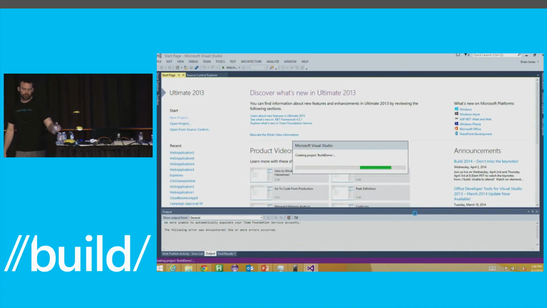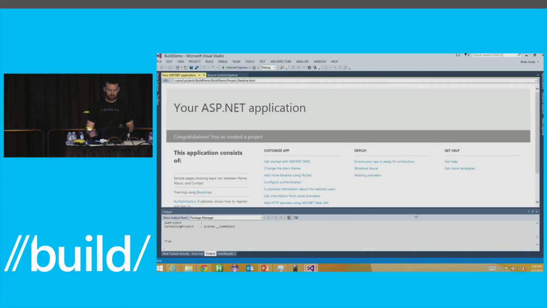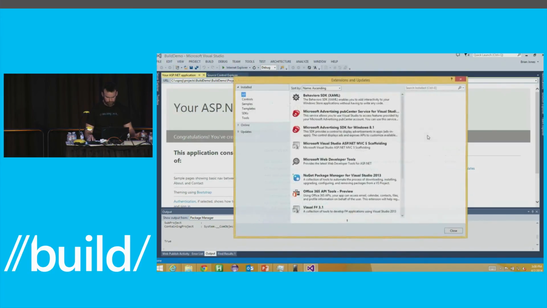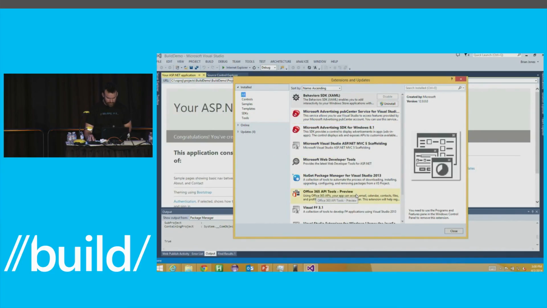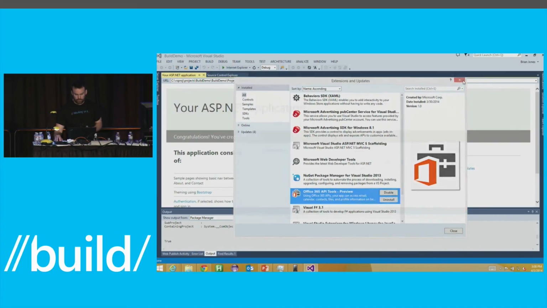So this is Visual Studio, which is going to create the basic project using the template for an MVC app. And then there's a new preview that was built by the Visual Studio team that you can download. I think it's called the Office 365 API. Well, let me show it because I'll butcher the name. The Office 365 API Tools Preview. So that's a thing you can download. And this actually allows Visual Studio to automatically configure your app to connect to the Office 365 APIs. It'll do all the work with Azure AD.